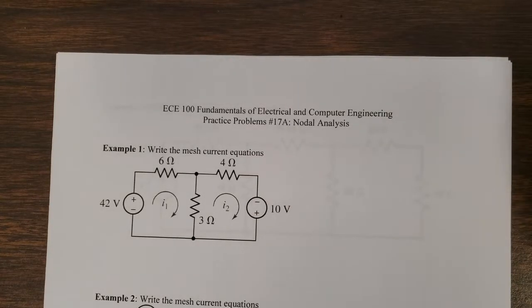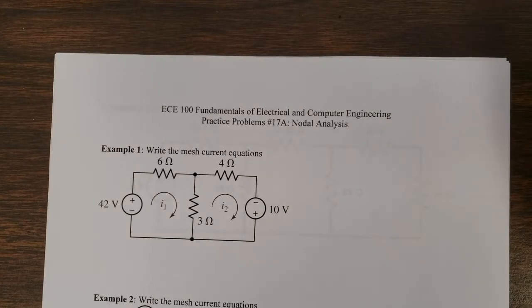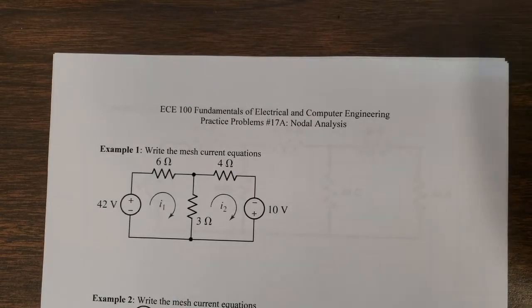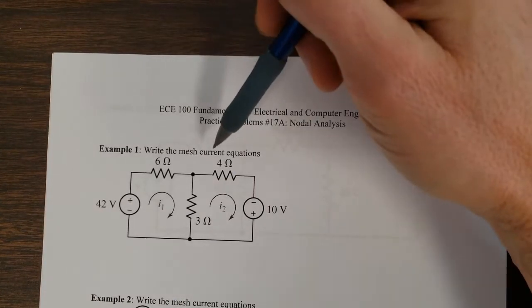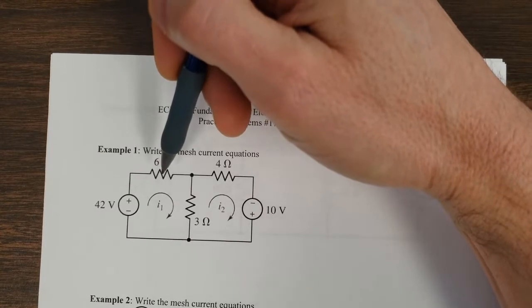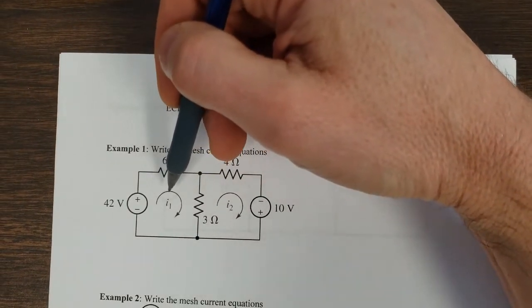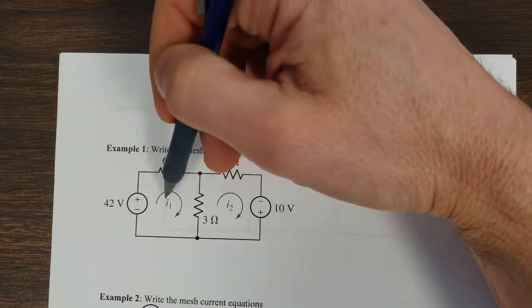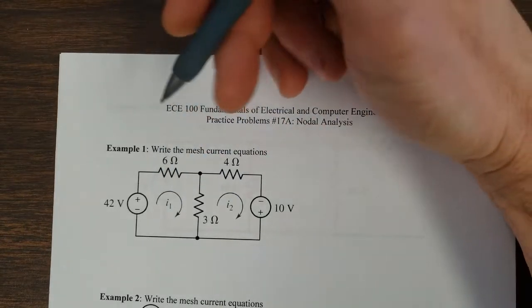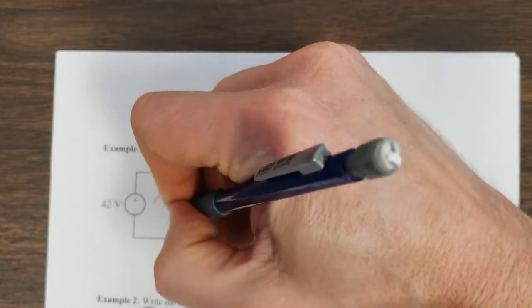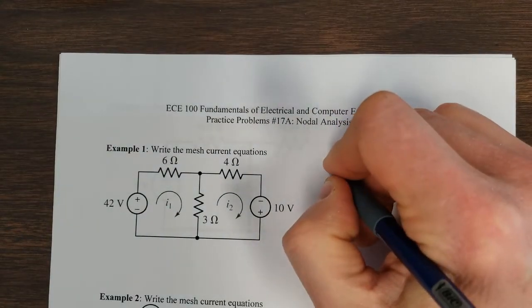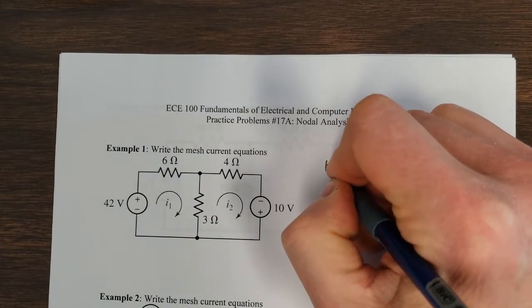Hello and welcome to the practice problems for our mesh analysis. The mesh analysis, remember, is always written in terms of the currents, and we'll be solving for the currents. So we want to solve for current 1 and current 2. Remember that as we go around, the overarching rule that we're applying is KVL,